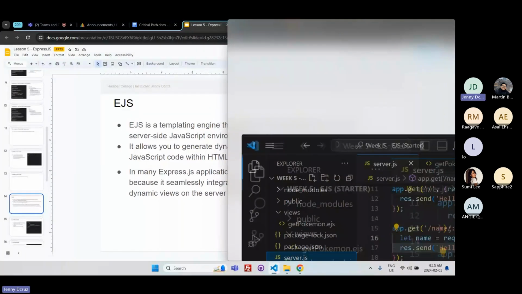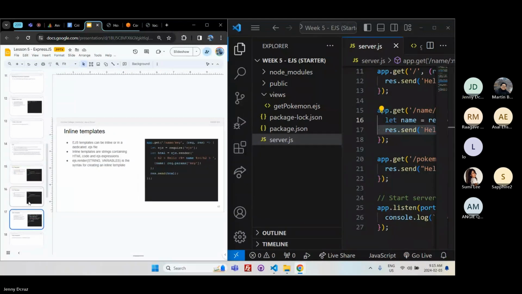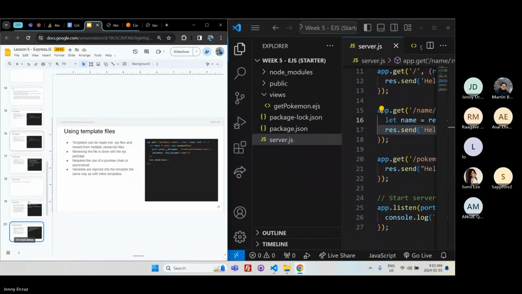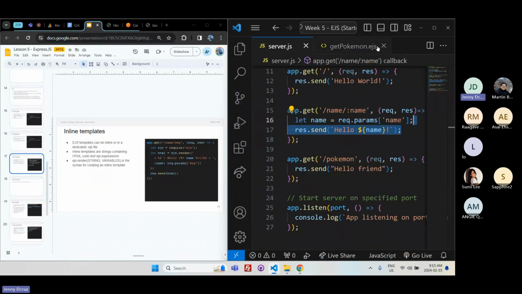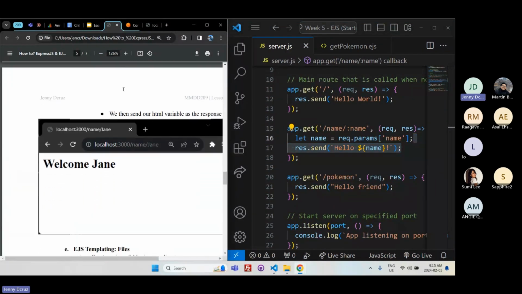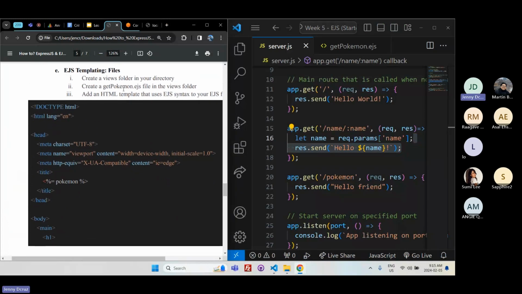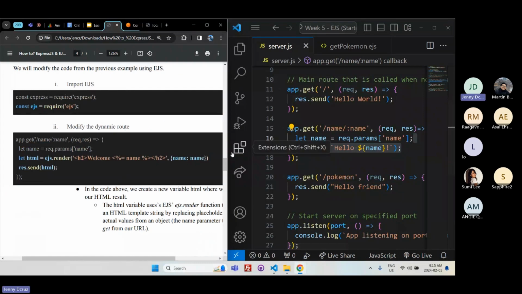I'm going to minimize the screen. We went over what our template looks like. Before we use the EJS file, let's see how we can do it inline if we want to print out some value, in order to practice that syntax. So I'm going to go into the same name route. If we want to modify our same name route to use EJS syntax in it,